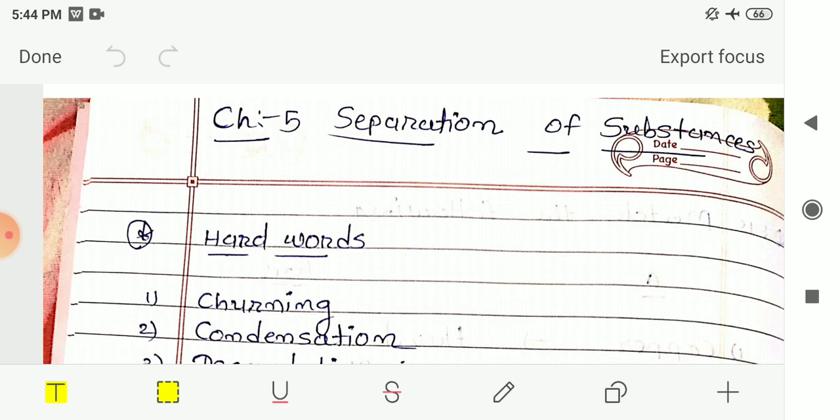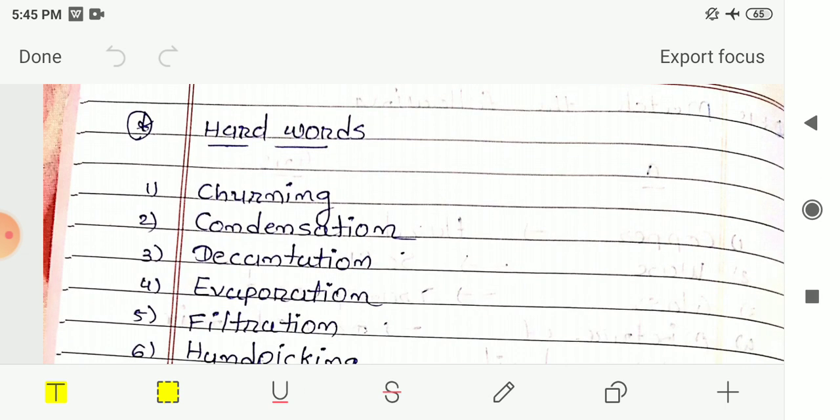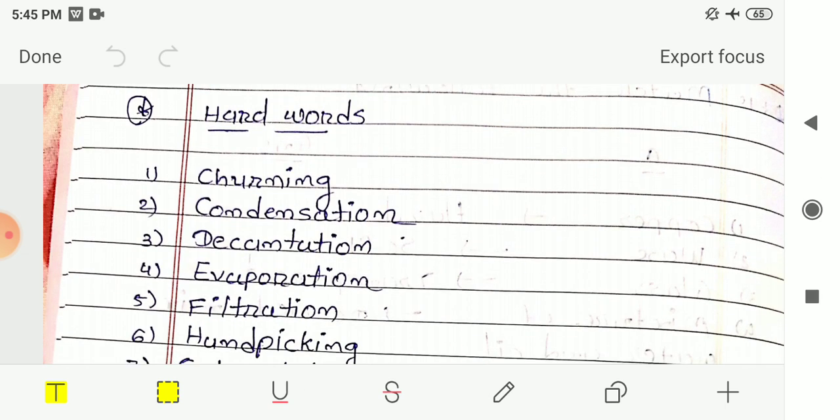Then after we had seen that on cooling a saturated solution, the amount of substance which is dissolved in the solution decreases and it settles at the bottom of the beaker again. And water dissolves different amounts of soluble substance in it. So these are the different things we had seen in this chapter. Then after we had seen hard words and textbook solution for this chapter. So here the hard words are again given to you. I hope you had written this already in your notebook.